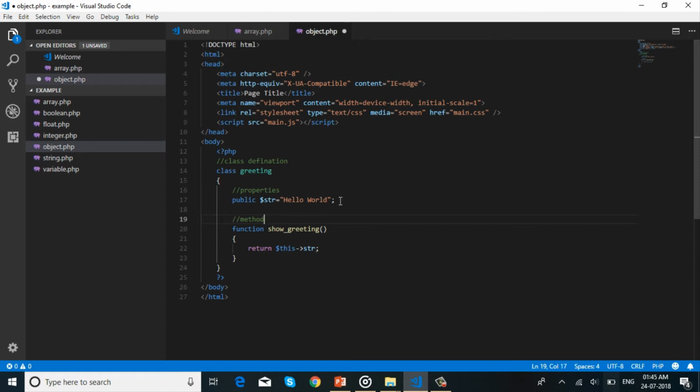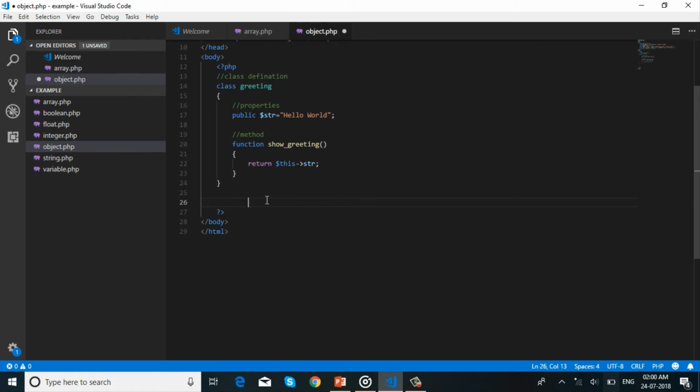The data elements stored within an object are referred to as its properties, and the information or code which describes how to process the data is called the method of the object.